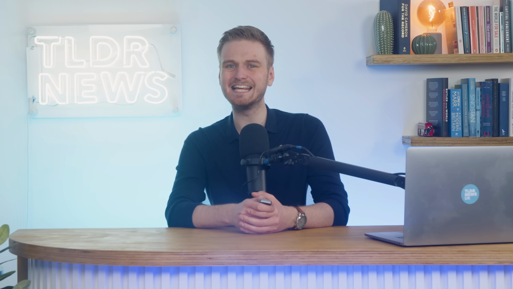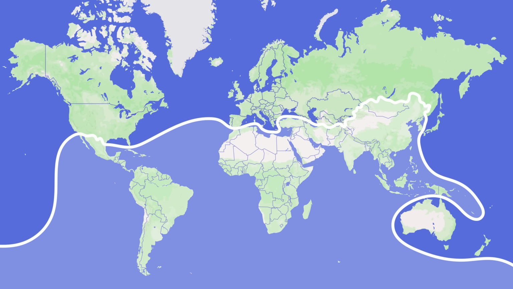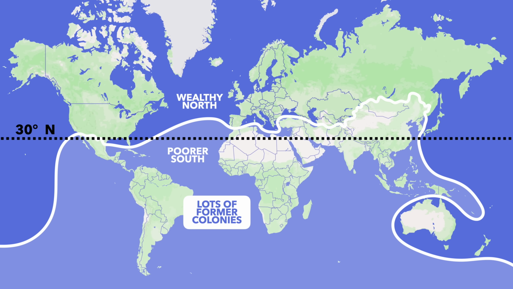First, what exactly is the Global South? And more interestingly, where is it? Well, perhaps the first well-known visualization of the Global South came in 1980 with the Brandt line. The line is drawn at roughly 30 degrees latitude, intended to highlight the inequalities between the wealthy north and the poorer south. Most of the countries south of the Brandt line were former colonies who then found themselves in the